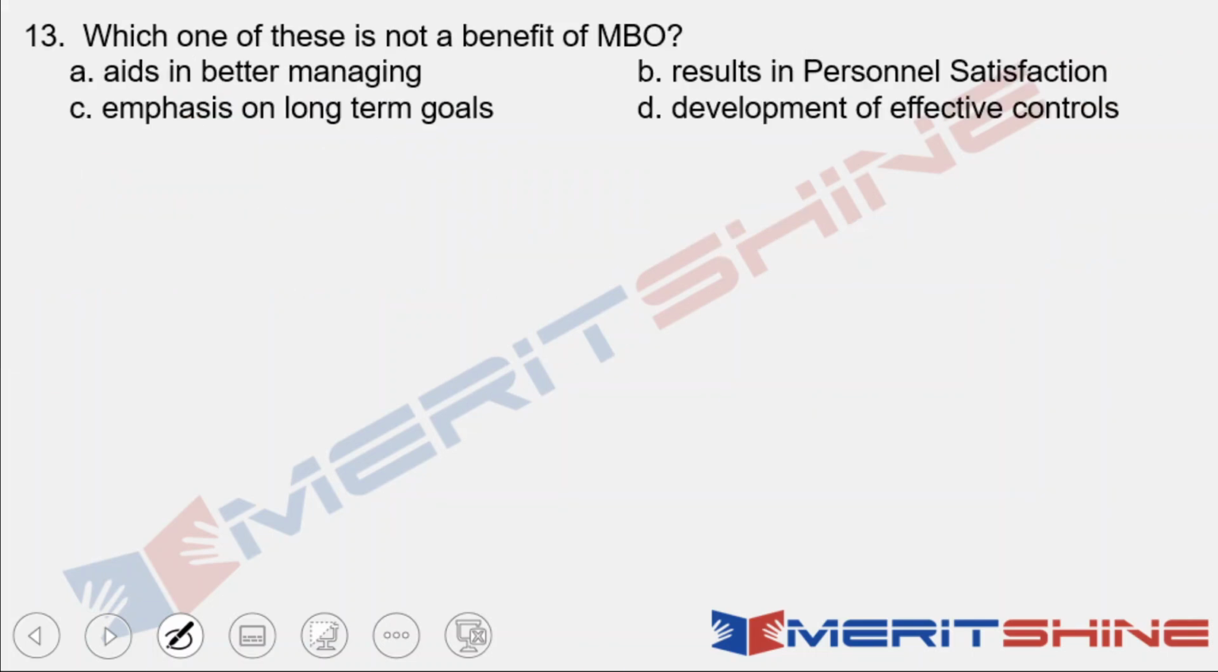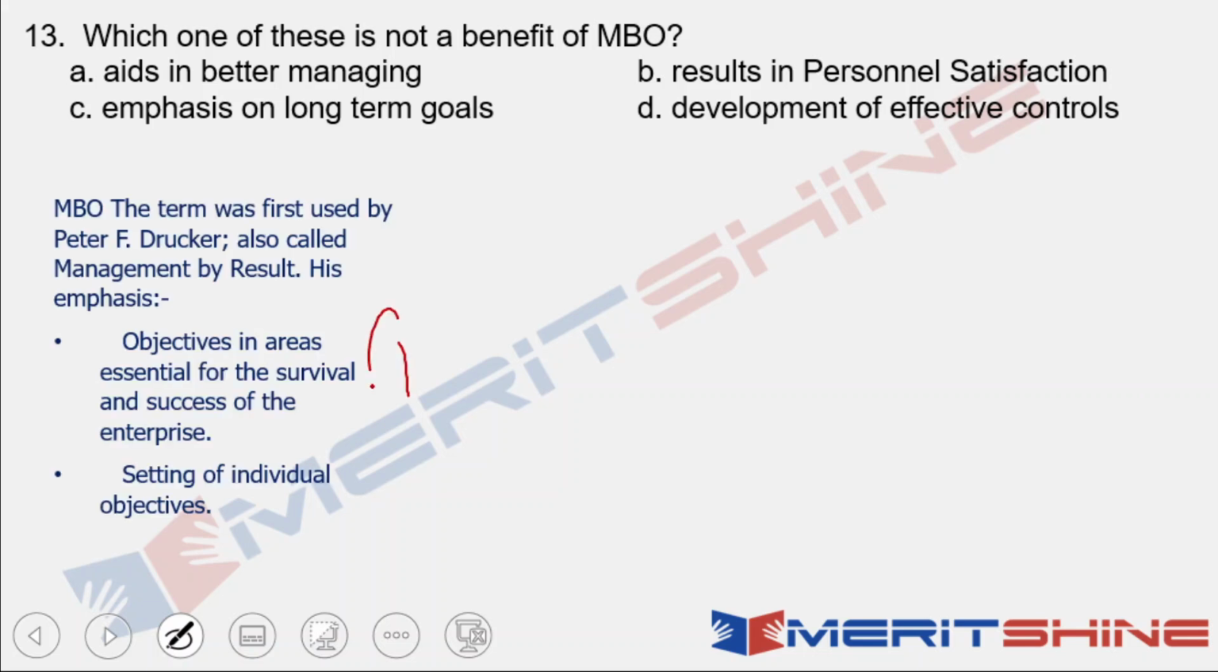Next, question number 13. Which one of these is not a benefit of MBO? Do this. Done? Okay. Before we move further, we should know what is MBO. So MBO was a concept that was given by Peter Drucker. It's also known as management by objective or management by result. His